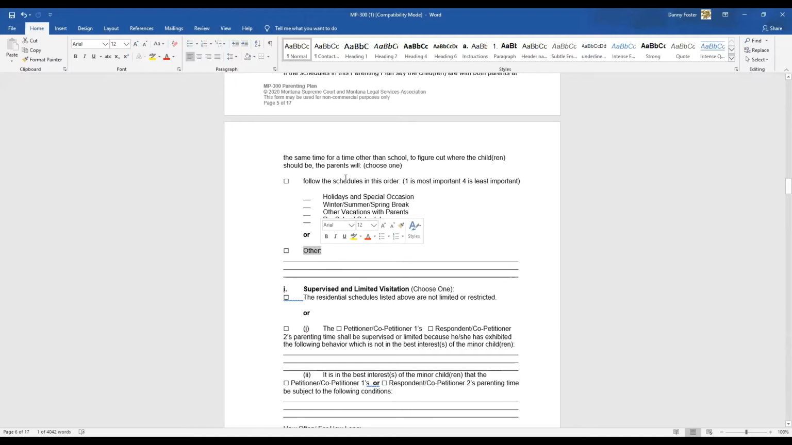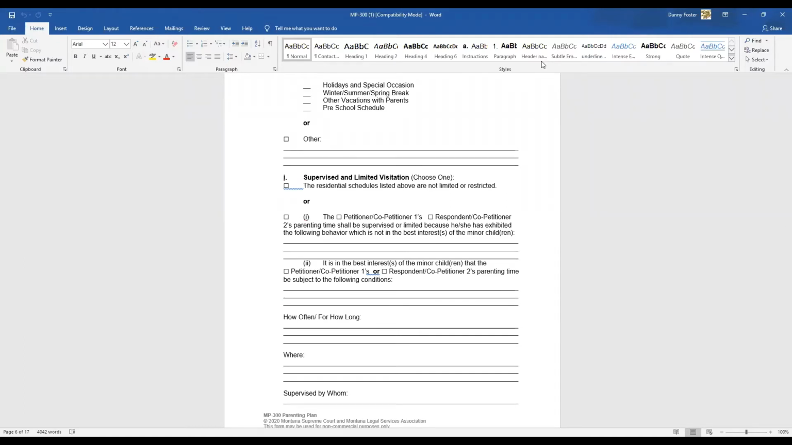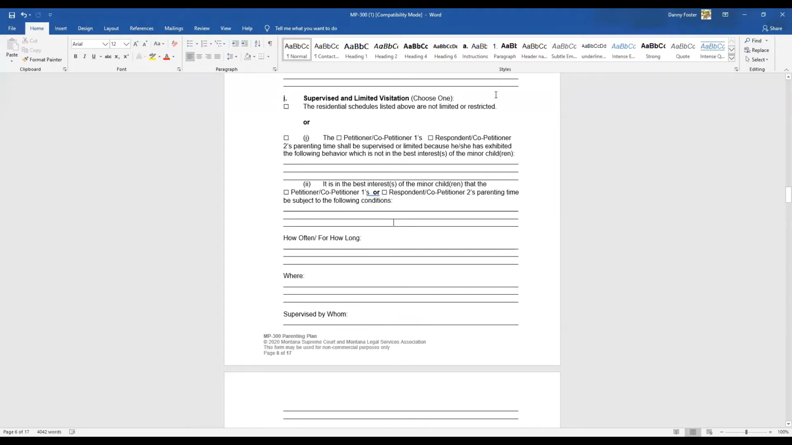Section I is asking whether or not there needs to be supervised or limited parenting time for one of the parties. If there doesn't need to be supervised or limited parenting time, choose the first box. If there is a parent that does need supervised or limited parenting time, choose the second box. Indicate which parent it is, what their behavior is, and write down the specific conditions to their supervised or limited parenting time,